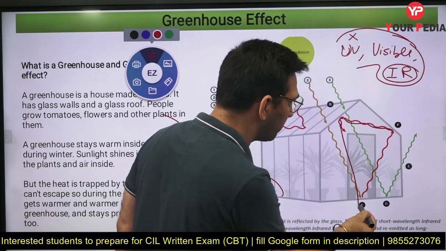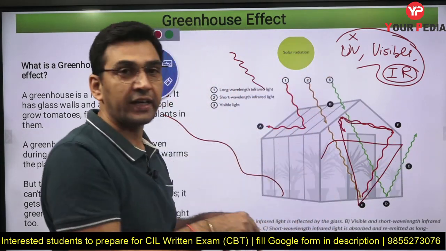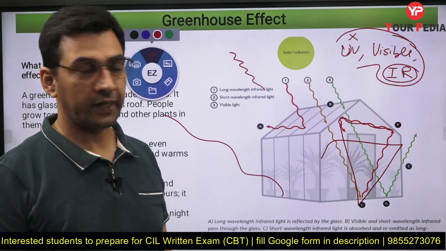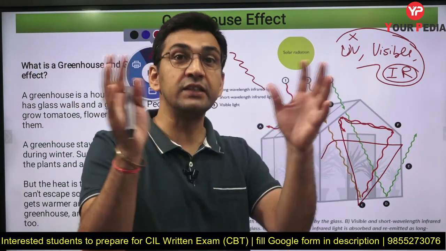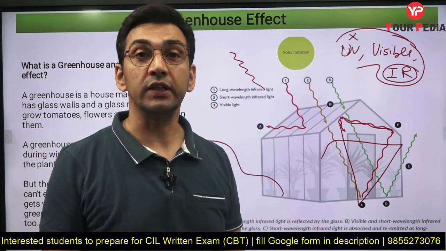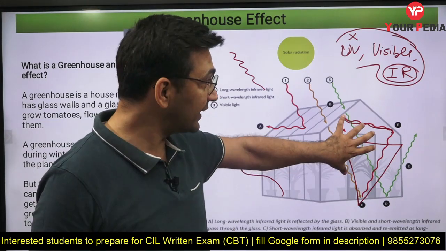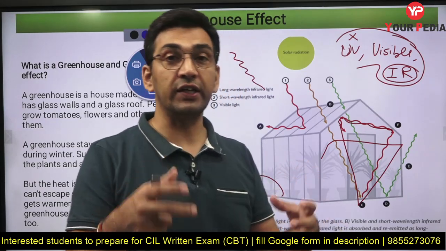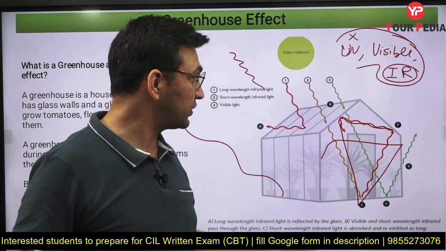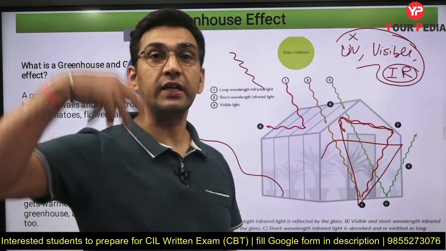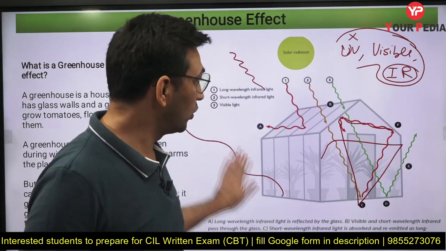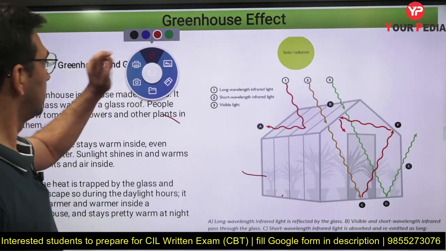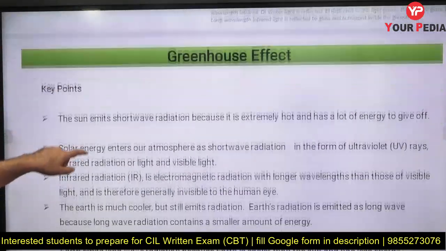So then it will go again back that way. It will keep on reflecting inside, and that energy remains trapped over here, right? So that is how the warmth inside that particular greenhouse is kept, right? That energy cannot go out, because it doesn't carry that much high intensity energy, or you can say shorter wavelength, which can escape from the window pane. So that was the reason it remained warm even during the night time.